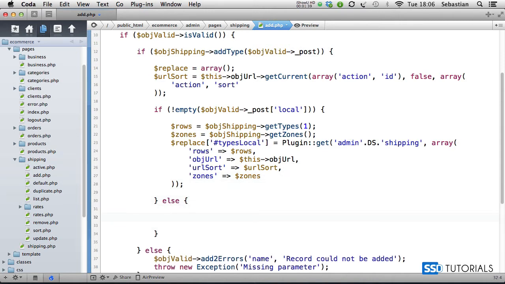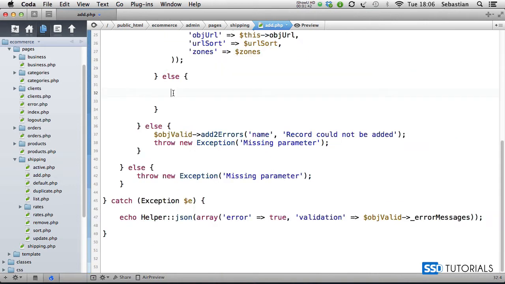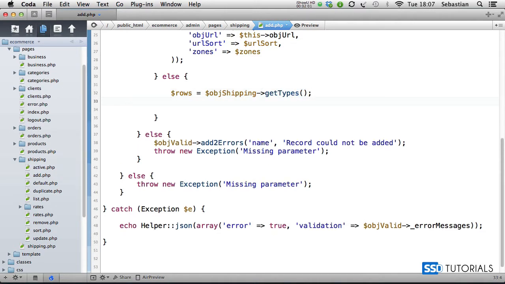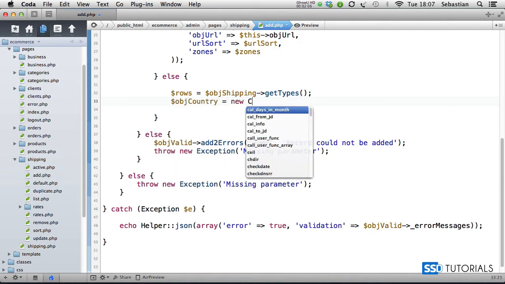If it's international, let me scroll up a little bit. Rather than having zones here, we're going to be dealing with the countries, and we want the types which are all except local. So rows equals object shipping get types. We're not passing any parameter because the default one is 0. Object country equals new country,